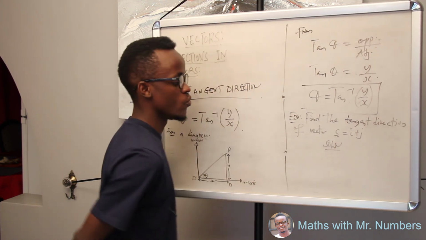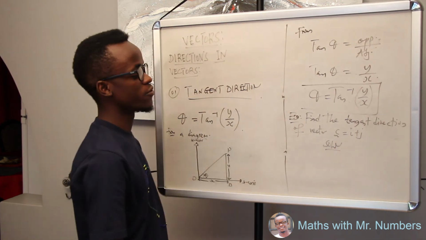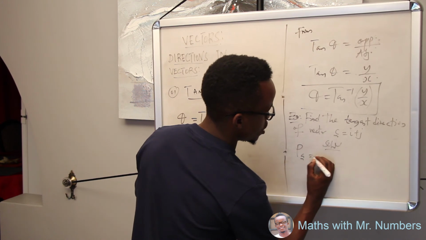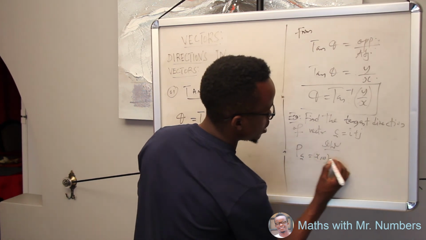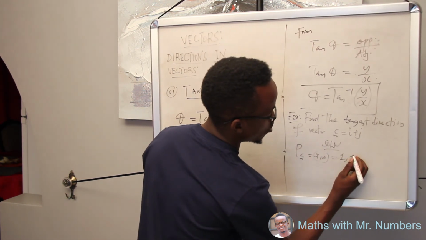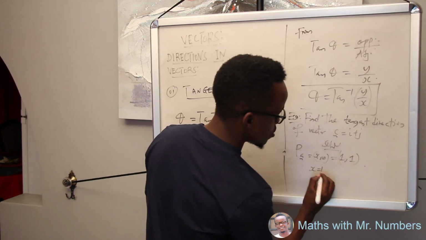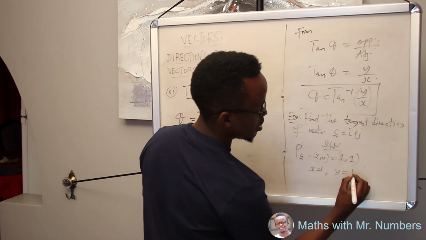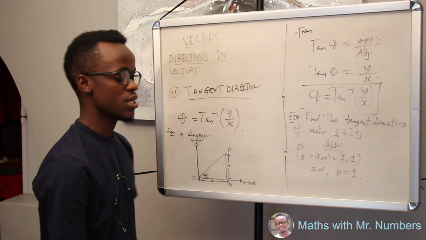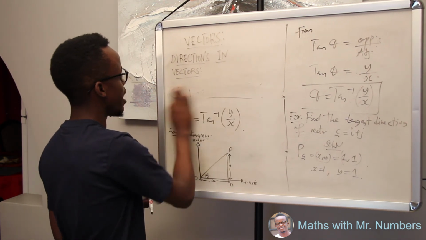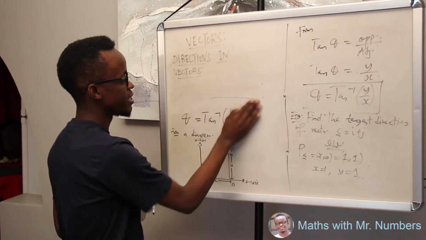First of all, because you need x and y, you have to find the position of vector c, which is in the form x comma y, which gives you 1 comma 1. Therefore, the value of x is 1, and the value of y is 1. Having the value of x and y, then we can find